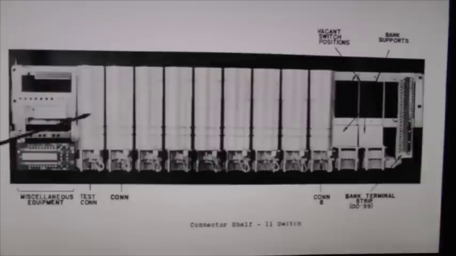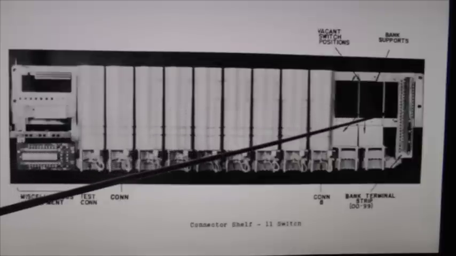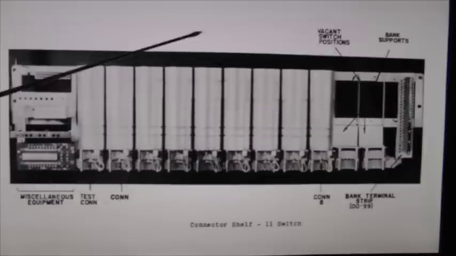Now this one on the left side here is called a test connector. It is not used to process telephone calls from the public. This is used for access by plant maintenance forces in the telephone company and by switchboard operators trying to verify a particular line. So that one is not used. So we have then room for 10 connectors on that shelf,